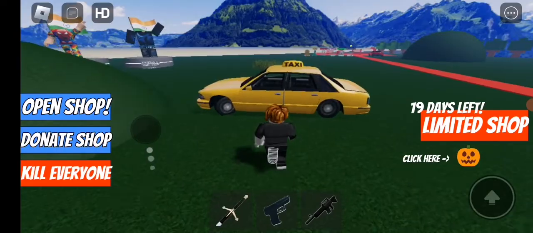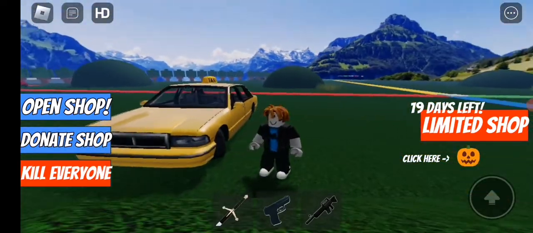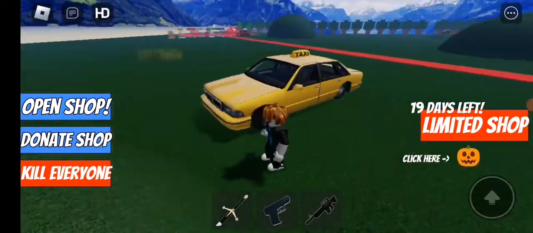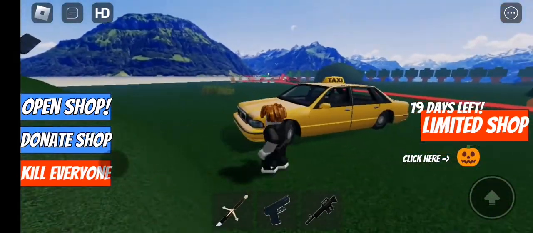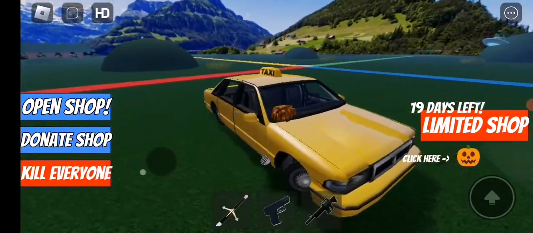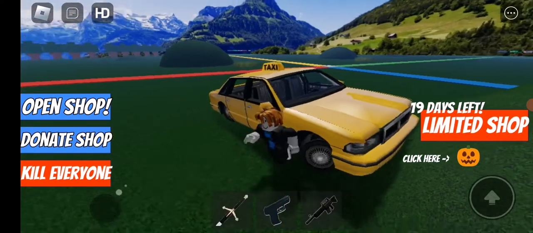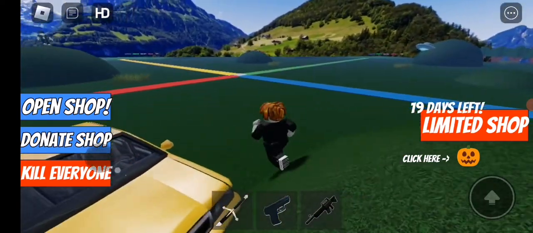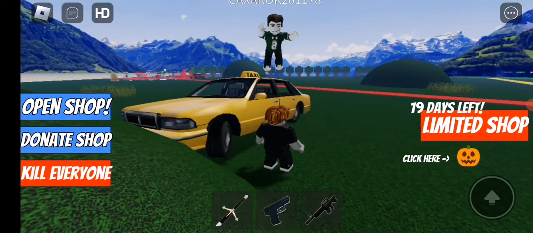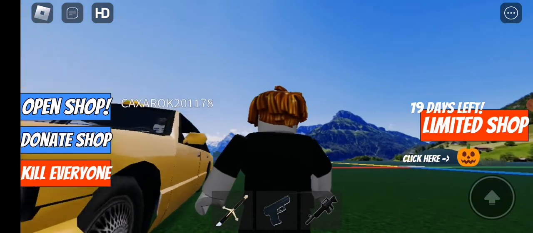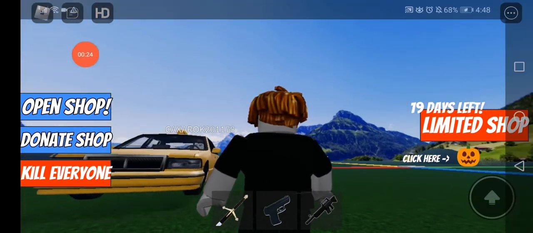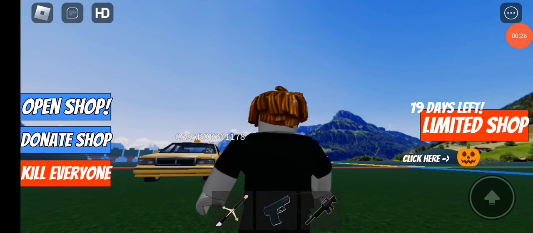In today's video I'm going to show you how to fix lag on Roblox. So as you can see right now I don't have any lag and this is a high quality server. Now all what you have to do to fix the lag is very easy. Just go to the top corner on the server and you will find this logo of Roblox. Click on it